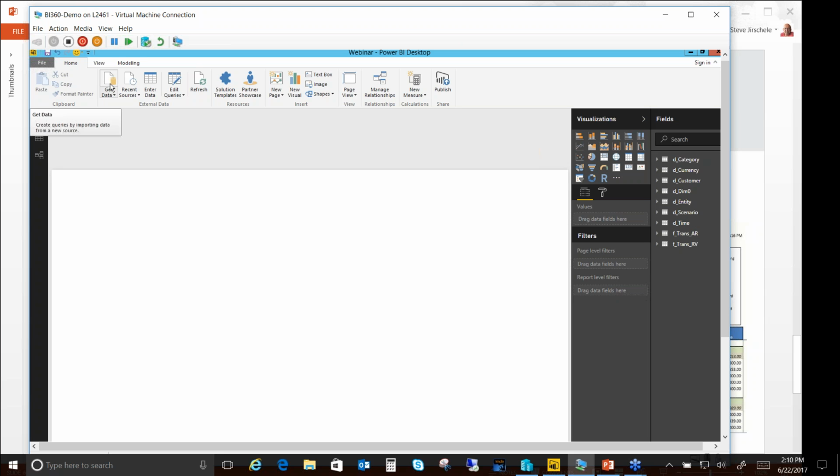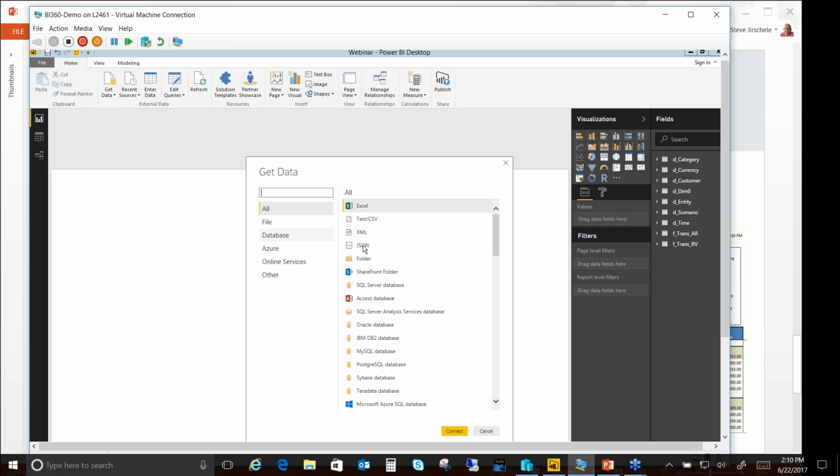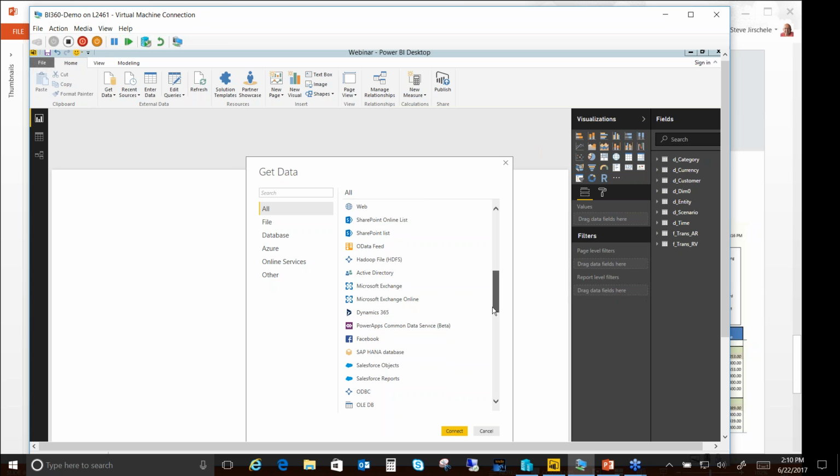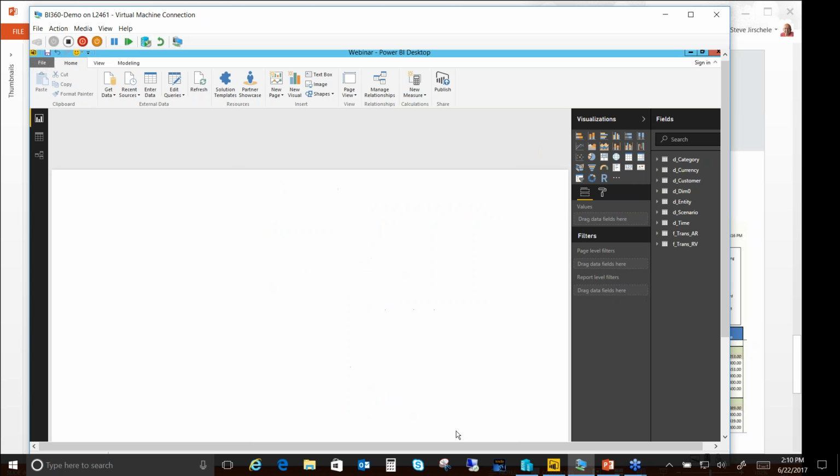So I'm going to go ahead and do the get data. You can take a look here. You'll notice here that Microsoft allows multiple ways to go get the data, depending on where your source is. From Facebook, ODBC connectors, all different sorts. Today we're just going to use a simple SQL database pull. So I'm going to go ahead and hit connect,